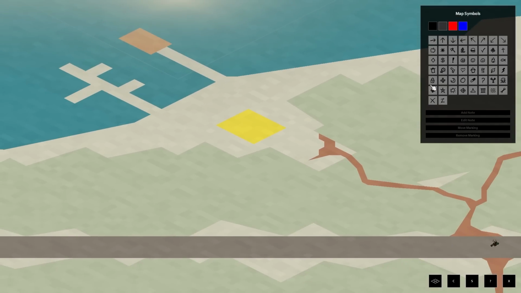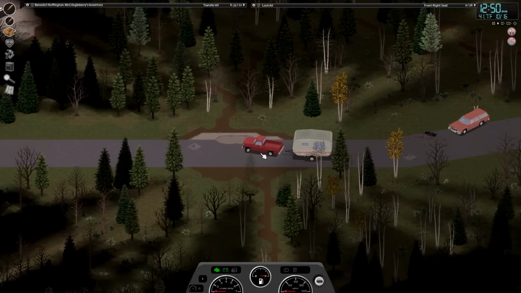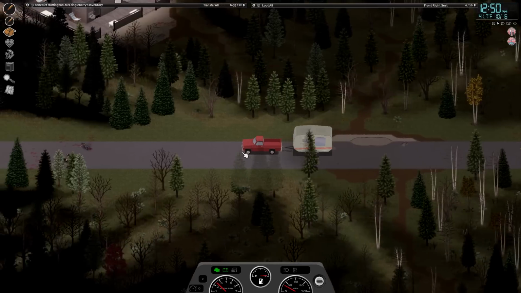I think I'm going to label that one with a gun. Oh, no, I don't have a pencil. Never mind, of course. Let's explore Rabbit Hash. Maybe we could even put the trailer...